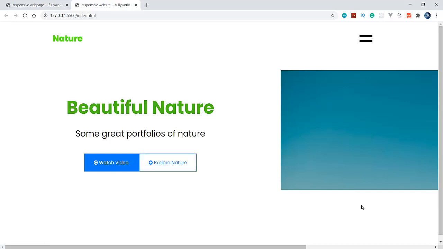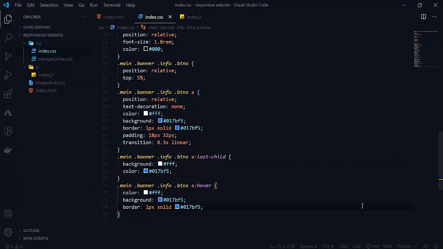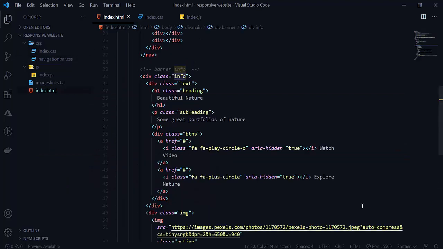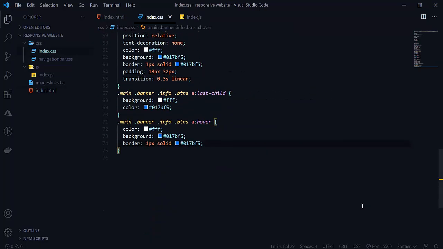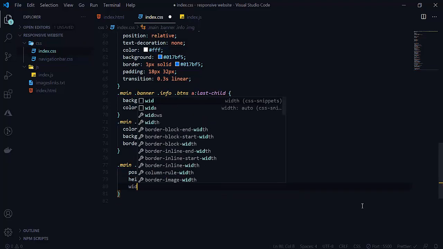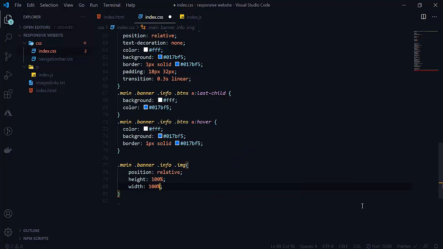Now let's set up this image here. So here is our image. Copy this, and here will be our main. Under the main, under the banner, and under the info, there is our image here. So its position will be relative, and height will be 100%, and width will be 100% here.